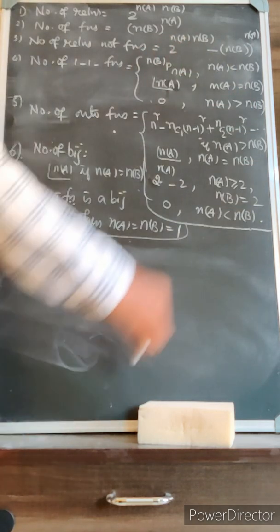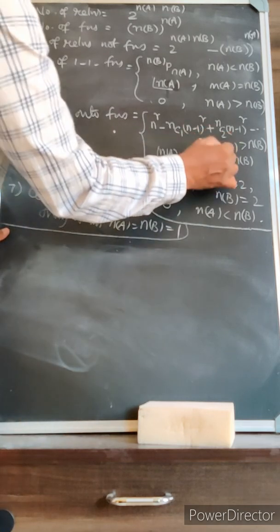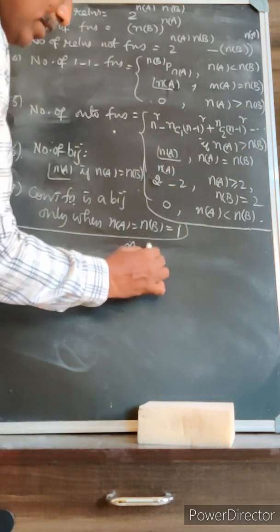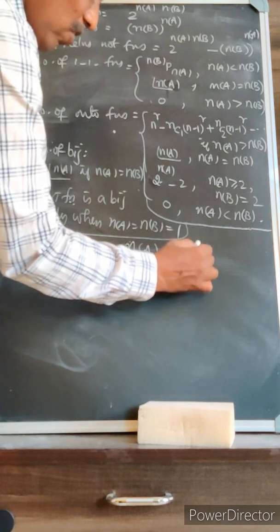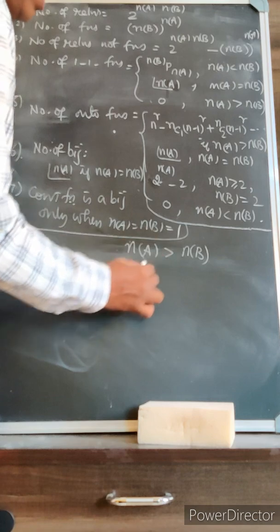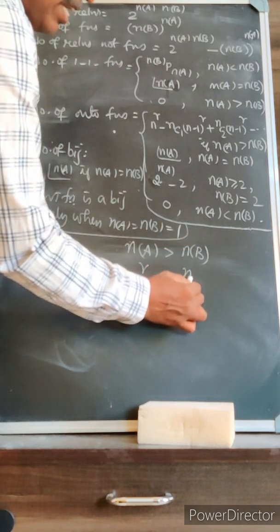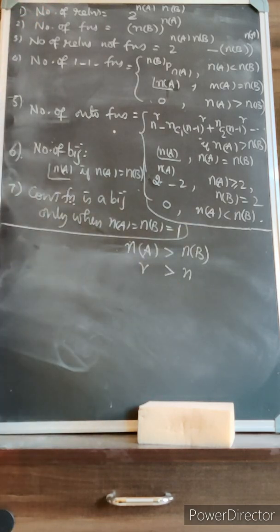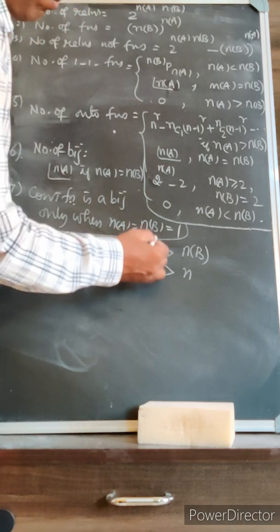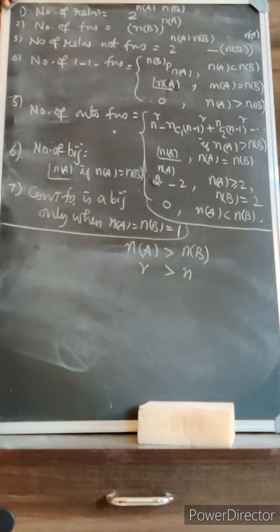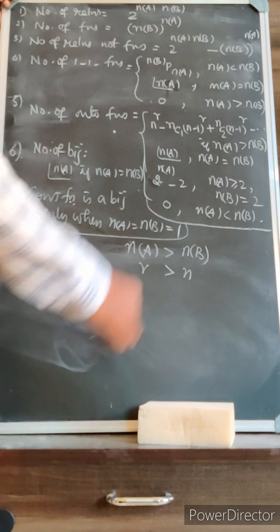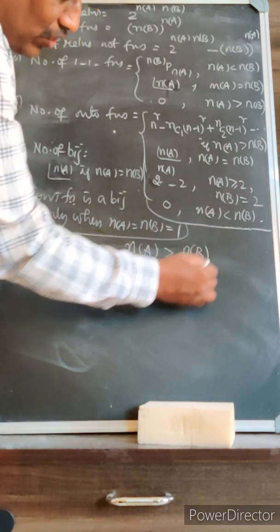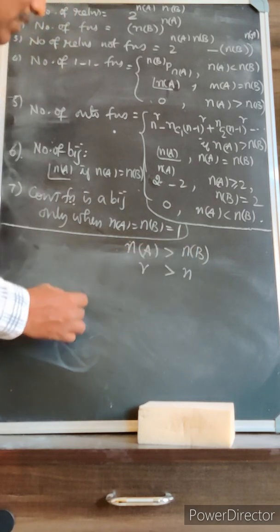Then we go to the number of onto functions. Suppose n(A) is r and n(B) is n. Then only when r is greater than n can onto functions exist. So onto functions will exist only when the number of elements in A is greater than the number of elements in B. The formula for finding the number of onto functions when r is greater than n is